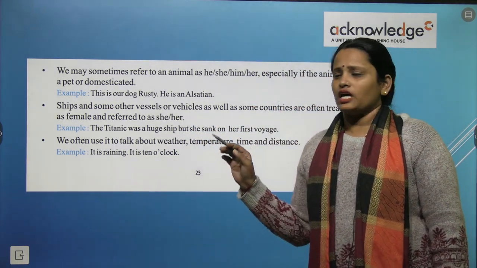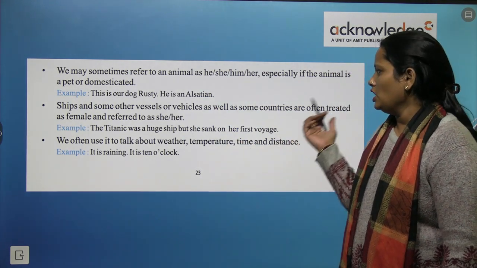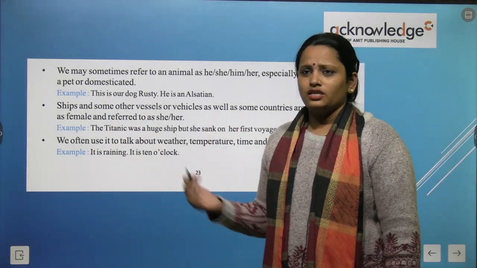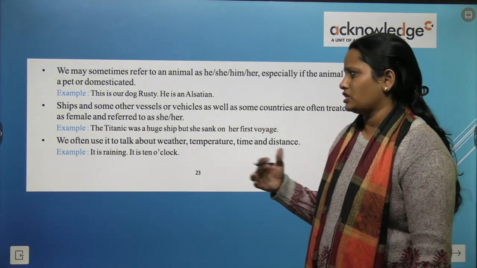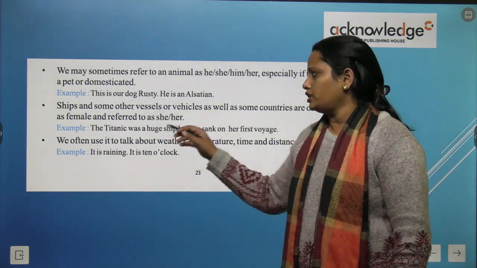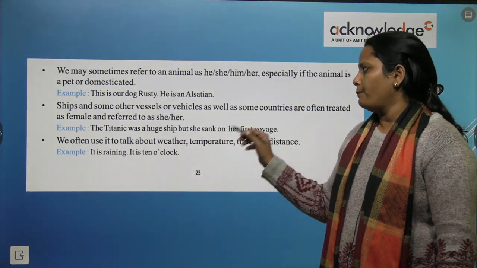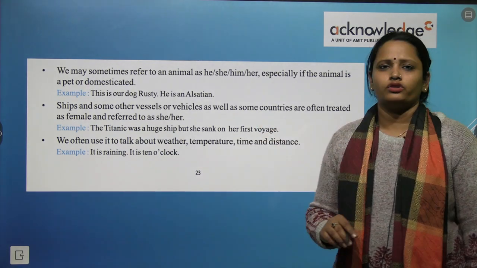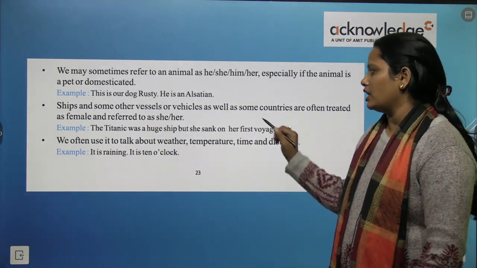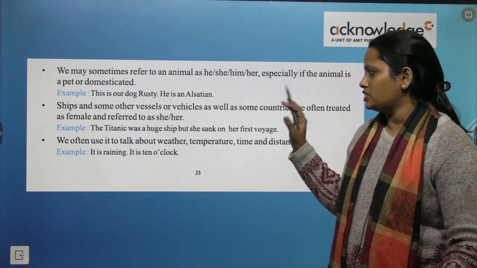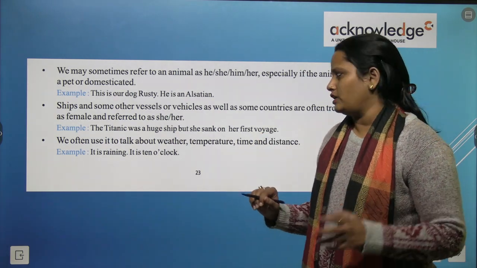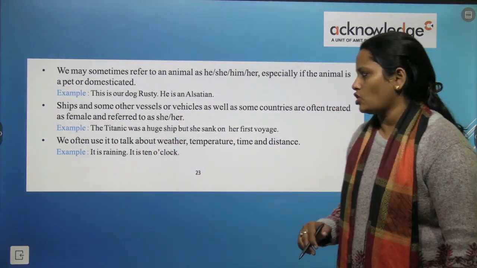So ships या फिर कुछ अदर जो vehicles या vessels होते हैं या फिर कुछ कंट्री के नाम, उन्हें भी हम कभी कभी she से या फिर her से या his से यूज करते हैं as a pronoun। For example, the Titanic, टाइटैनिक सबको पता है कि एक शिप है, so the Titanic was a huge ship but she sank on her first voyage. सो यहाँ पे टाइटैनिक के लिए हमने she भी यूज किया है और her भी यूज किया है। सो टाइटैनिक एक बड़ी शिप थी, वो डूब गई थी, कब डूब गई थी? अपने पहले वॉयज पे वो डूब गई थी।